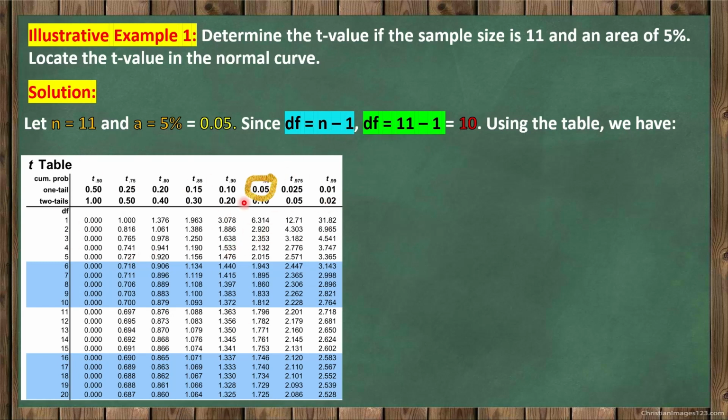Okay? So in this case, ang una nating ang nasa taas, that will be the area. Take note, ang nasa taas, that will be the area, and the degrees of freedom will be on the left side of the t table. Okay? So in that case, we have 0.05. So same lang kung paano natin kinukuha yung area doon sa z table. And the degrees of freedom is 10, which is ayan. Ang gagawin lang natin is to get their intersection. Okay? So ang intersection nila will be